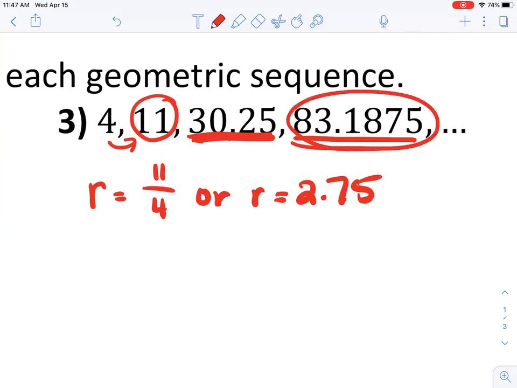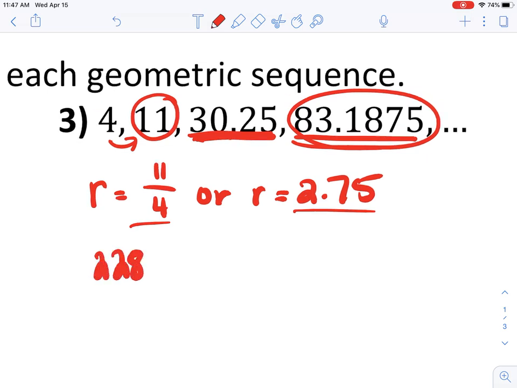So I'm going to put this in my calculator, and then I'm going to multiply either by 2.75 or 11 fourths, and then just the fastest way to do this is just keep hitting times 2.75, times 2.75, and it'll take the last thing that was in your calculator and keep multiplying it by 2.75. So you get